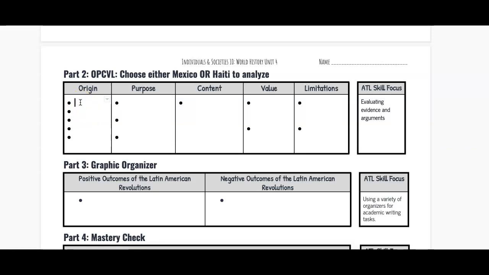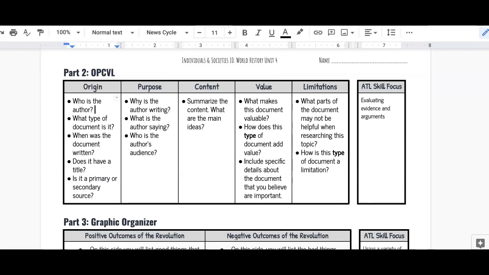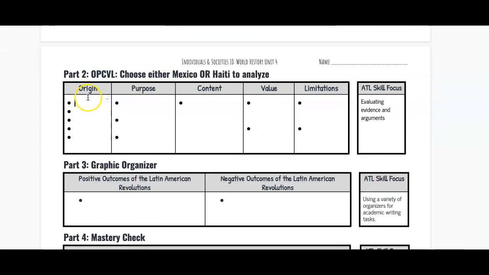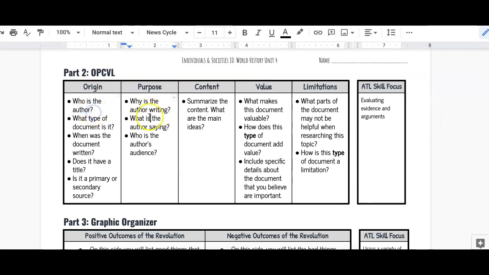So again, for example, if I start in Origins and I see the first bullet point, what am I putting there? Well, I will refer back to my Lesson 1. I will look at the question, who is the author? And that is the answer that I will put into my notes. So your job this time is to analyze your document on your own and answer the questions from the OPCVL